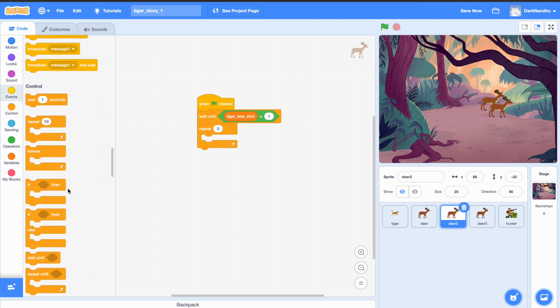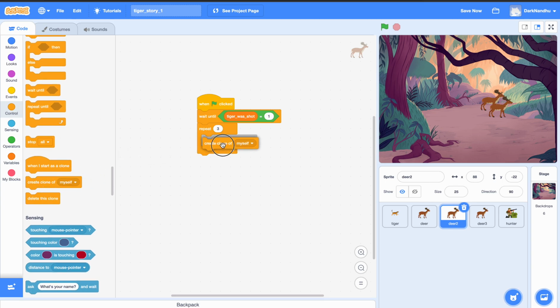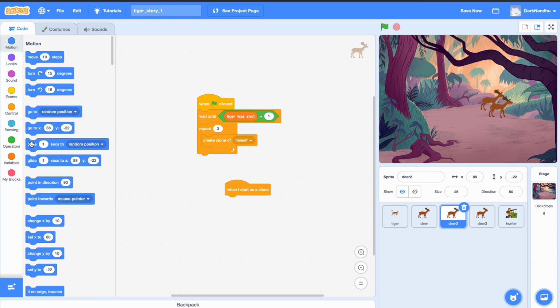Okay, so I am going to use a component called create clone of myself, and I am just going to place this clone as start. This means whenever a clone is created, this will get called, and we are going to move the clone's position to some random position. Maybe in 5 seconds the clone position can be moved to a random position. So I am just setting it to random. Now if I run this thing,